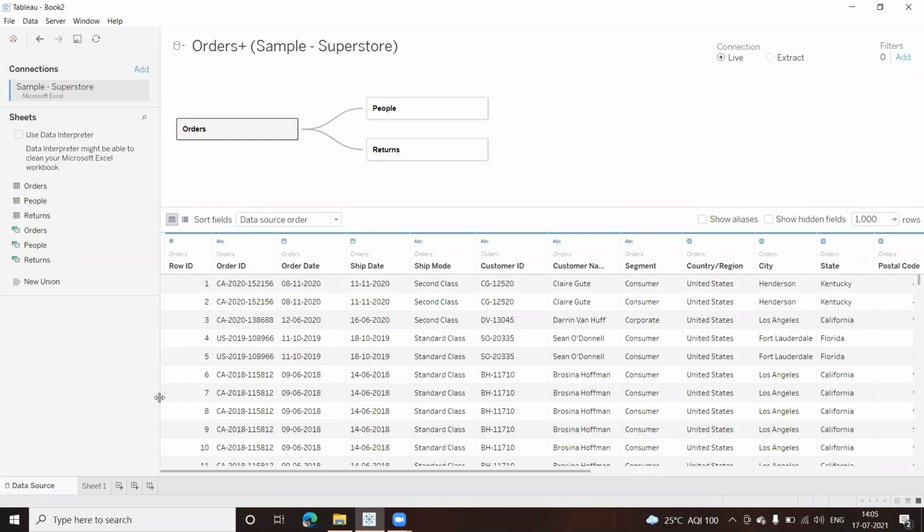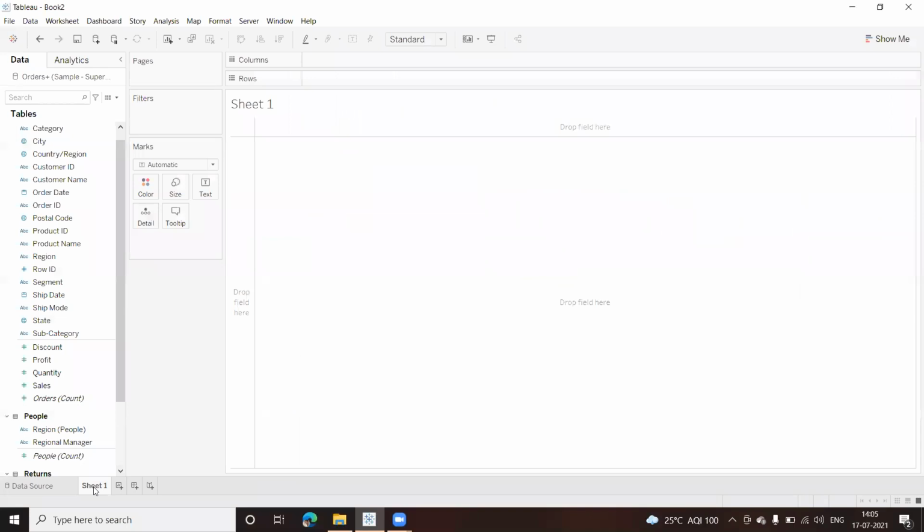Now let us go to the sheet. Before we actually think about creating a dashboard, let us do small things which I feel are important for you all to know. I want to know the profit and the sales value of each subcategory.